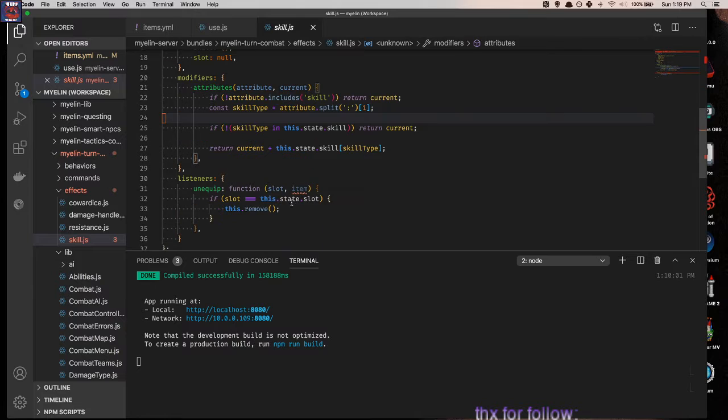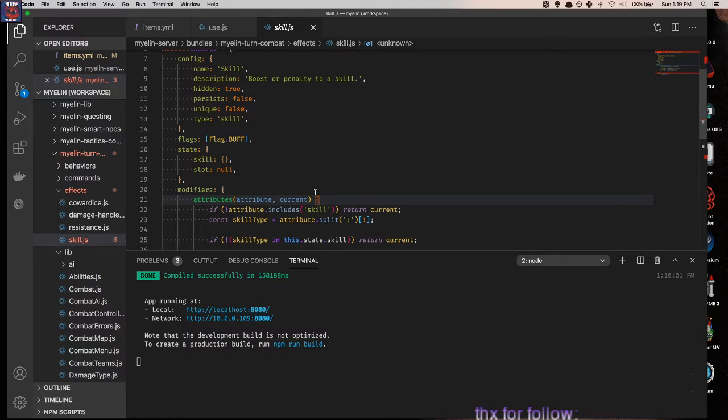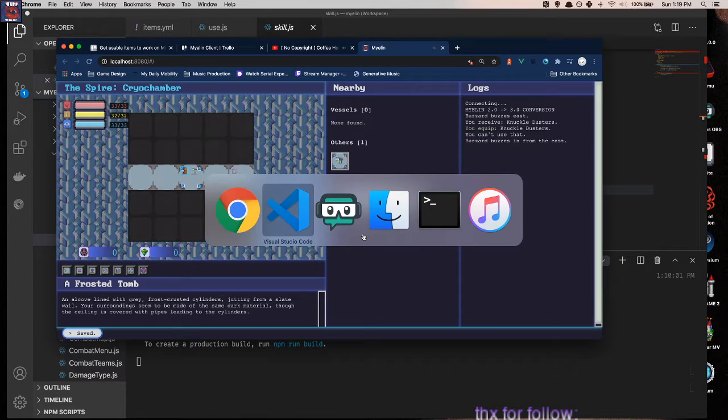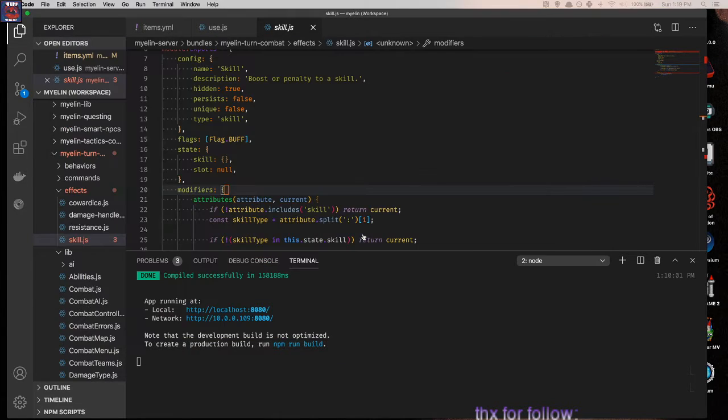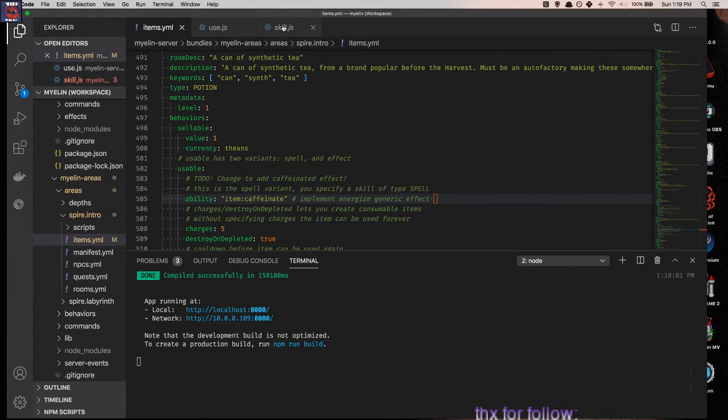Okay. So this is an effect that boosts a skill. There are 2 different kinds of skills we're talking about, actually. One is kind of closer to feats. It's like a special command or action you can take. And that's what this caffeinate skill is going to be. It's going to be a skill that you use on yourself when you use that item. So